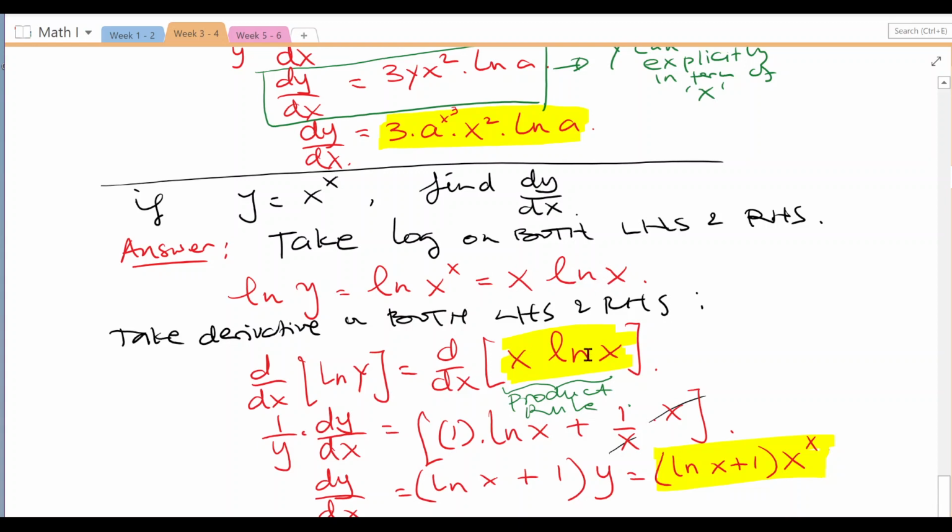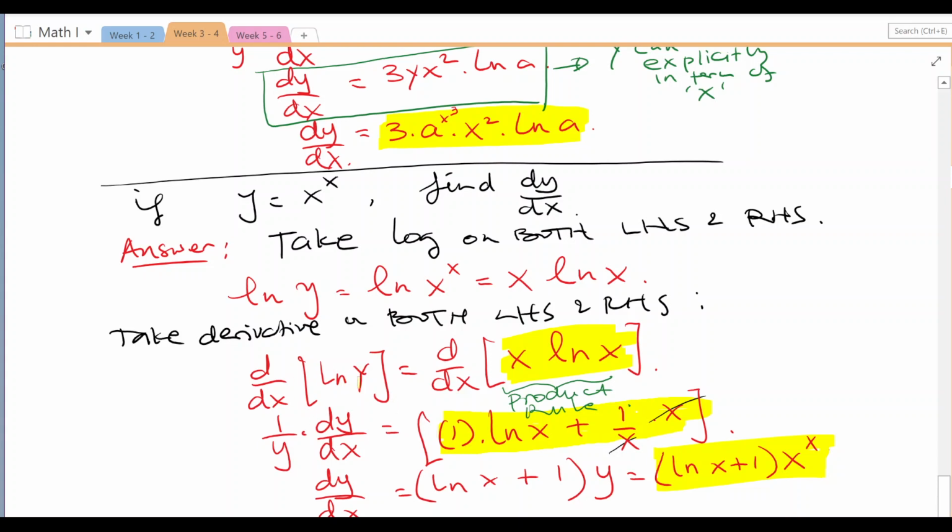The derivative of this is the product rule, written here. So we have a product rule on the right hand side. The first derivative of x is 1, times ln x, plus the derivative of ln x, which is 1 over x, times x itself. All the terms in the square bracket are actually the expansion of the product rule of the terms on the top line.